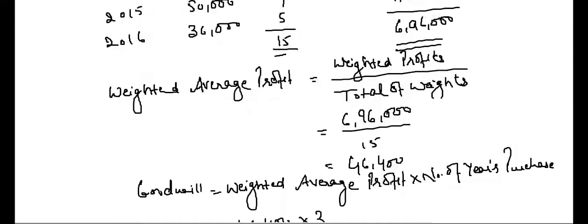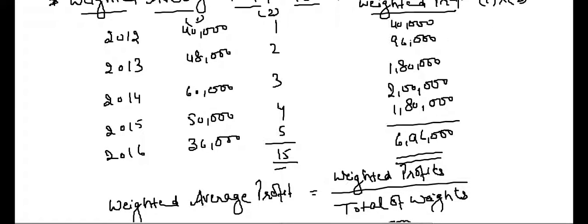Right? Now, one thing is how we assign these weights. Why is one weight assigned to this year and more weight assigned to the current year? Why not more weight given to the previous years? Because more weight, more importance, is given to the current year profits, because the current year profit trend is expected to continue for more number of years. Now this profit trend of 2016 will be more relevant for 2017 than the profit trend of 2012. Clear?